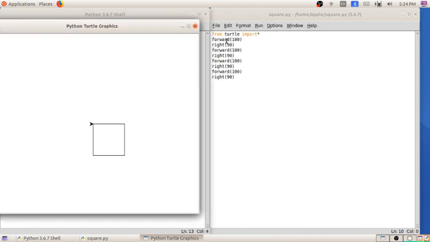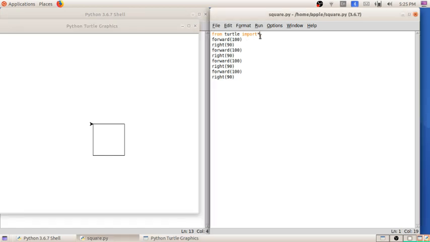Okay, so instead of writing this code repeatedly, what we can do, we can use the loop. So if you are using the loop, there is no need of writing the same code repeatedly. So for the loop I am using for i, you all studied in the last year, for i in range of 4.